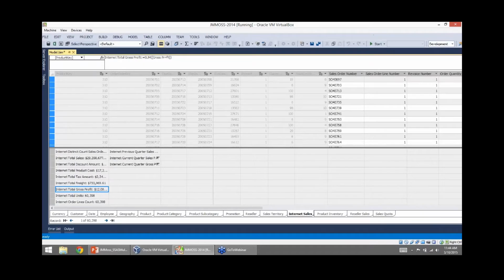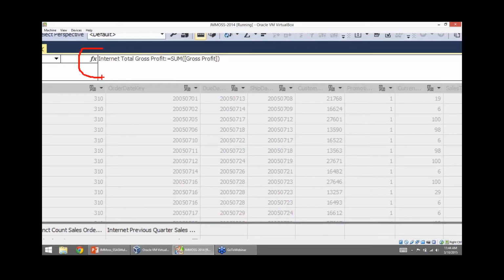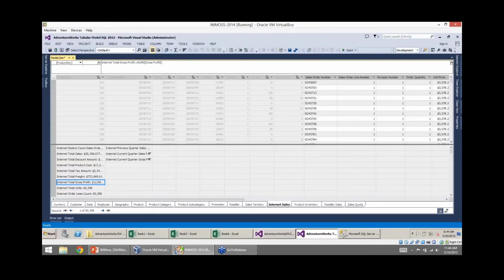And up at the top, I can see what that calculation is, and it's actually summing up all of the gross profit, that calculated column we had just created, to give you that final amount. So here we're able to still create those same types of calculations similar to multidimensional, just a little bit different